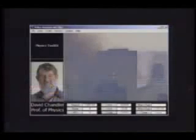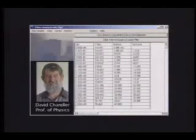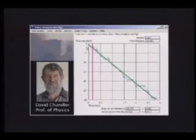We can measure the downward acceleration of Building 7 by video frame analysis. I used a magnifying glass to place markers on the corner of the building on each frame. From this, we can get a data table and various graphs. The slope of this graph indicates acceleration, which is shown here to be about minus 10.279 plus or minus 0.6. Free fall in a vacuum is minus 9.8 in these units. That falls within the margin of error of this measurement. In other words, the rate of fall of Building 7 in the first few seconds is indistinguishable from free fall